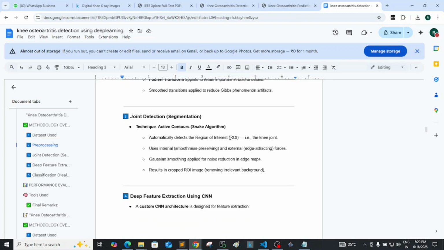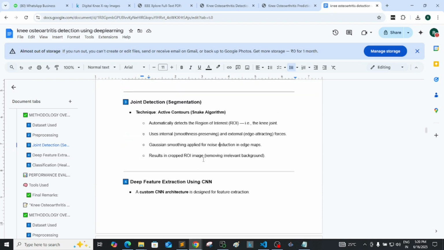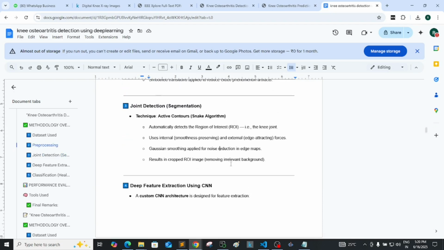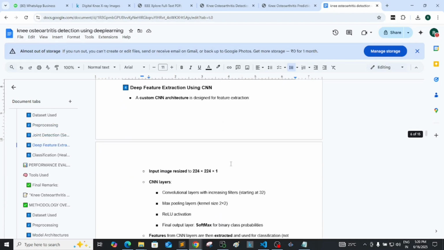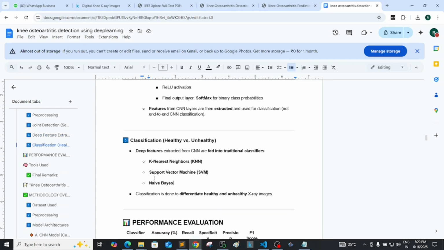They are trying to do region of interest detection, and Gaussian smoothing filters they are using, and then they are trying to remove the BG, but the BG will already be white. For deep feature extraction, they are using CNN for feature extraction, and a machine learning and CNN combination. This paper is working with deep learning plus machine learning in combination. With deep learning they are extracting the features, with machine learning they are building the predictive models, and their accuracy